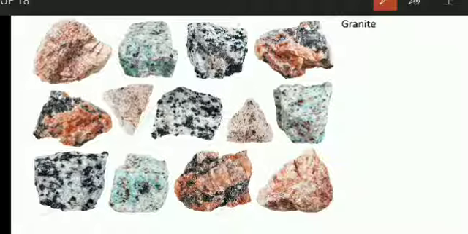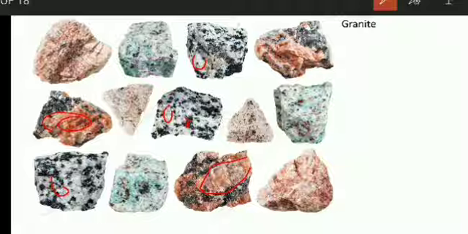Here you can see there are crystals. You can clearly see the different minerals. So that is how granite is formed. It is coarse grained, and it occurs in varieties of colors. When you write properties, for minerals we write color, streak, luster, diaphaneity, but for rocks we write hardly a few properties.